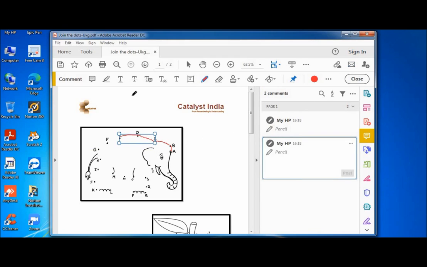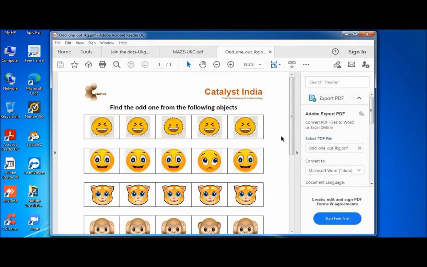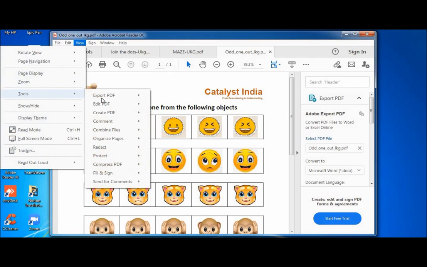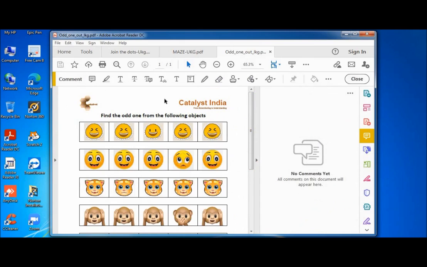Now let us see a different type of worksheet. We need to mark something. We need to, let's say, encircle something. Okay, so in that case also we again go to View and we open our Comment tool. Okay. And here now, instead of going for the drawing tool, I am going to use this.